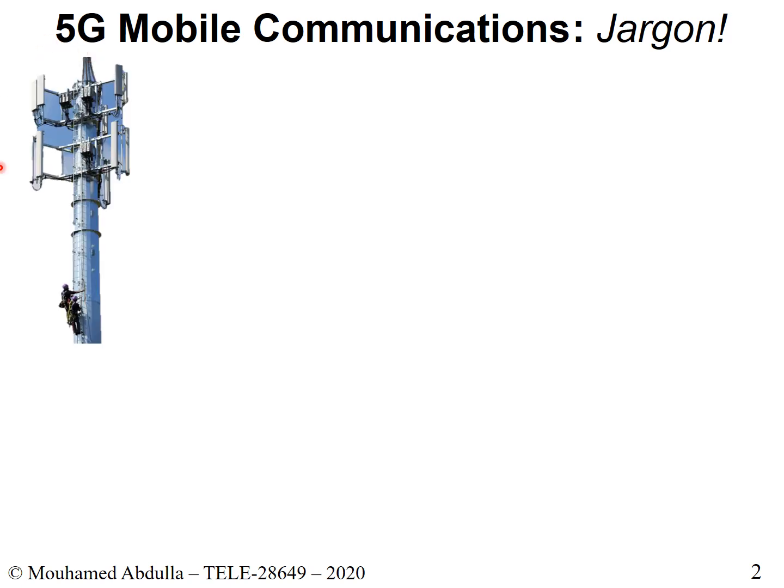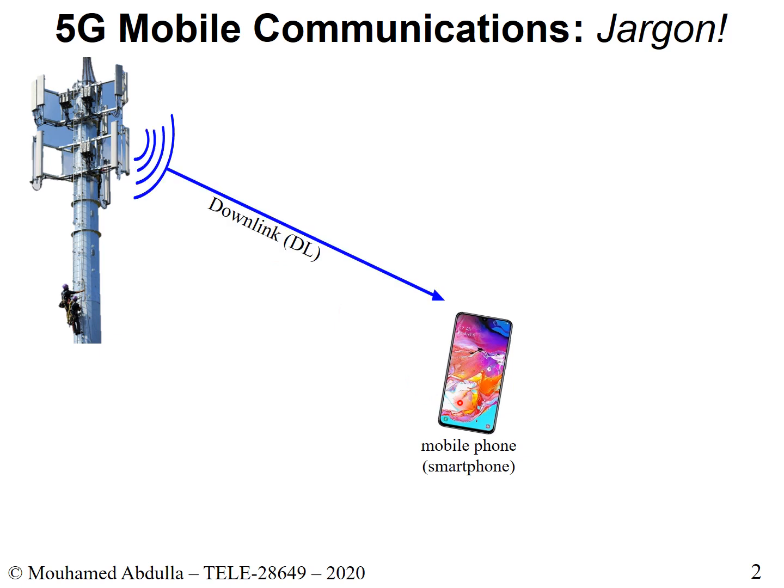So when we talk of mobile communication, you have some essential equipment and units that are needed to operate your mobile communication. You will always have some form of a tower. So this is a base station tower. It is a cellular tower. And you will also, of course, have your phone, right? Your smartphone, your other types of devices. And you want to have connectivity between your tower and your phone. That basically forms the most basic explanation of what mobile communications is.